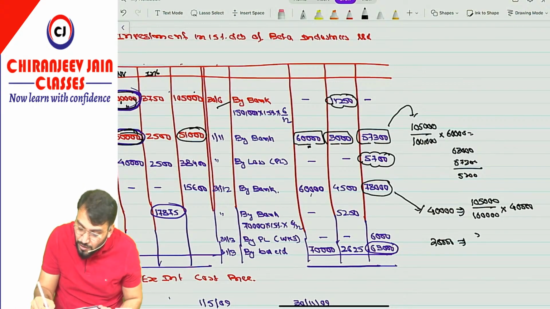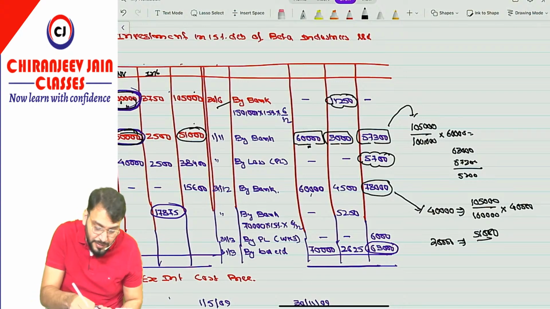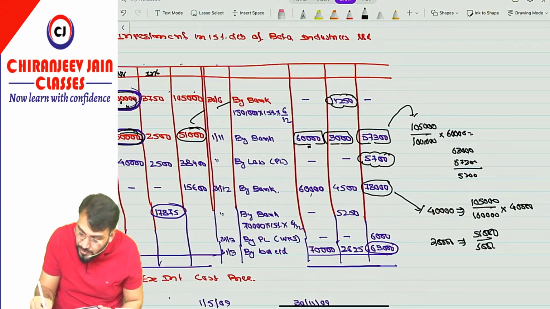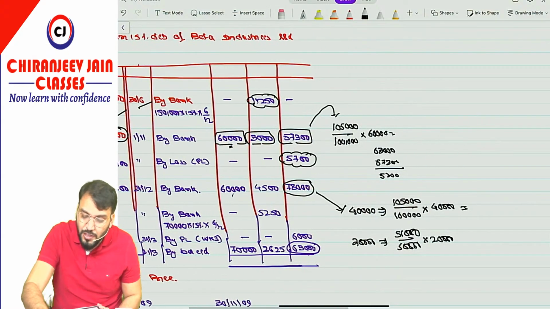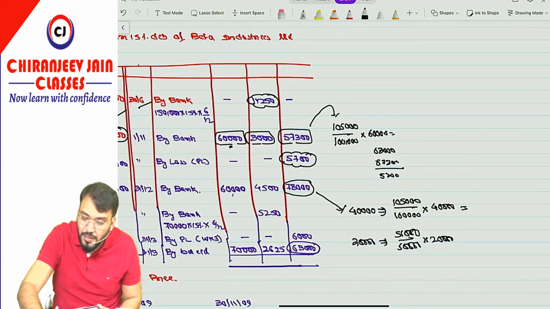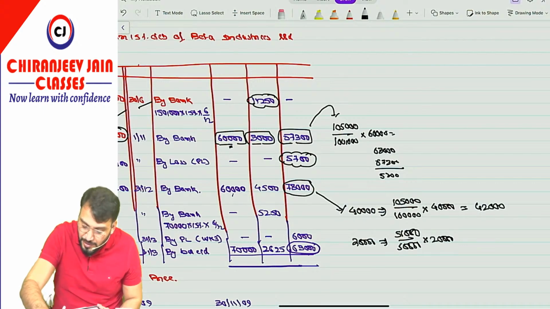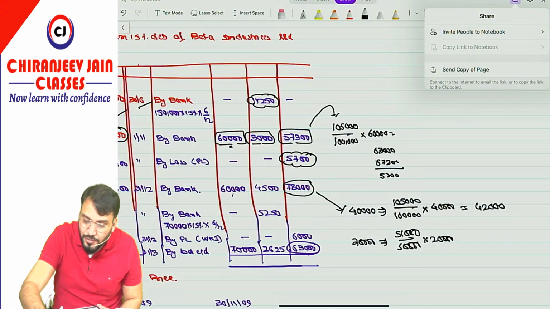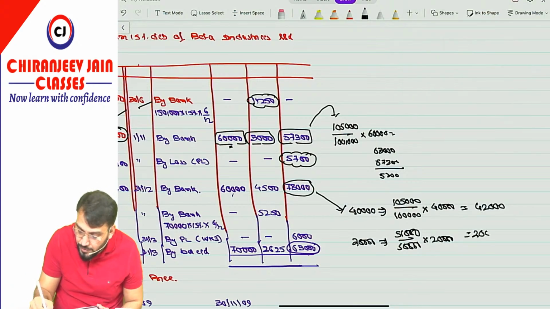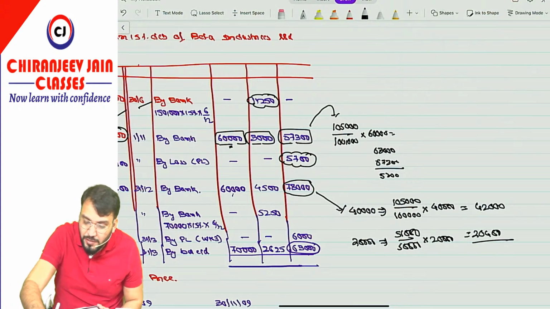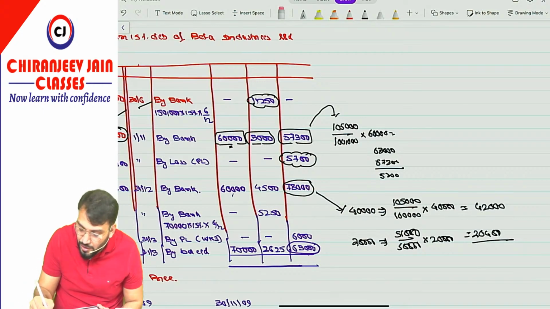And balance 20,000 has been sold from second lot. So second lot, what is the cost price? 51,000. This 51,000 divided by 50,000, that is nominal value, into 20,000. Find out these two amounts. So it is coming 1,05,000 divided by 1 lakh into 40,000 is equal to 42,000. And this becomes 51,000 divided by 50,000 into 20,000 is equal to 20,400. Total becomes, plus 42,000,